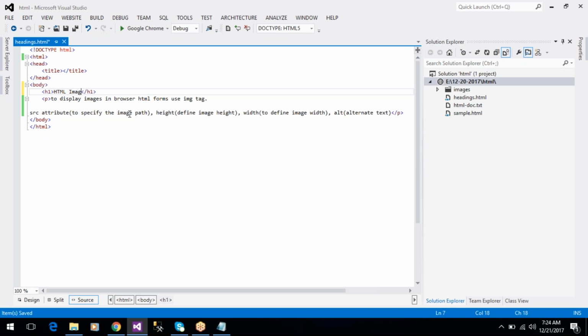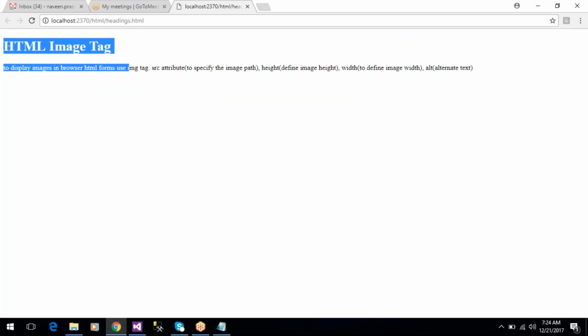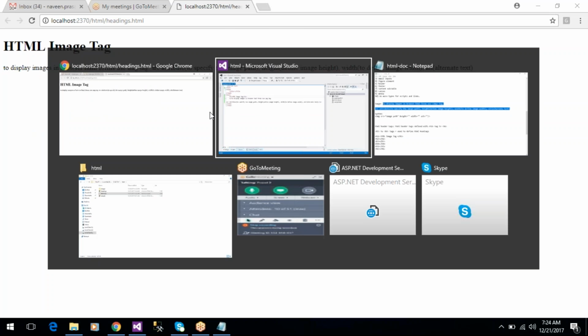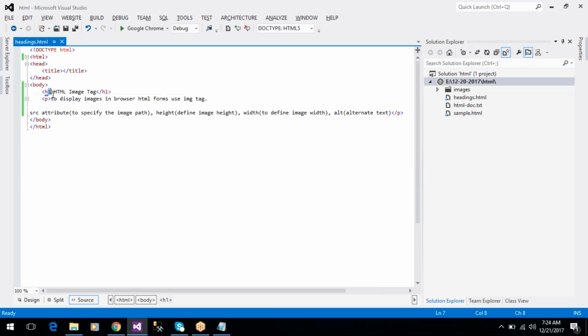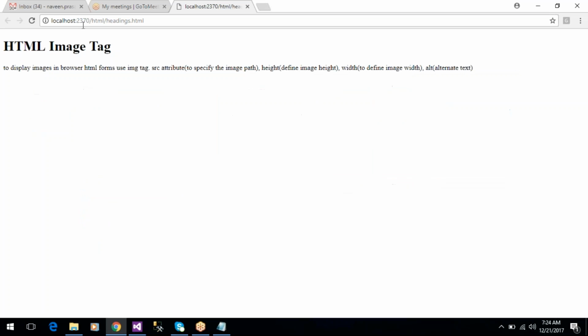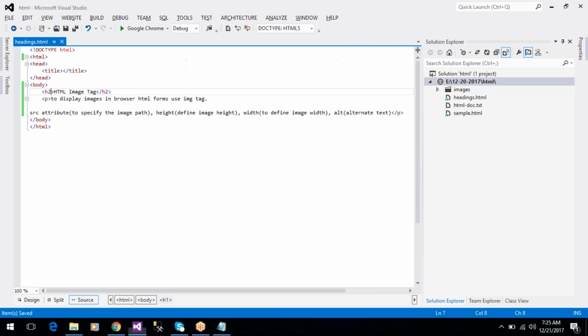HTML image tag. Now refresh this example. This is the heading for this paragraph. So like this, h2, h3, h4 up to h6. If we take h2, this is the header for this paragraph. So you can observe here, if we use h1 tag,